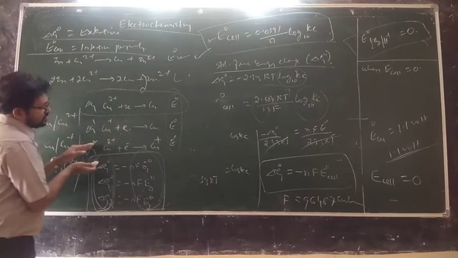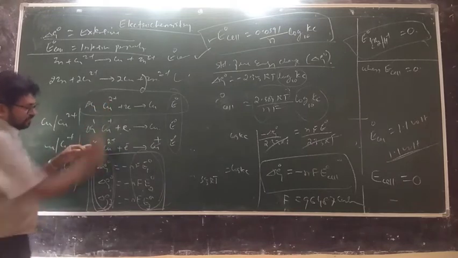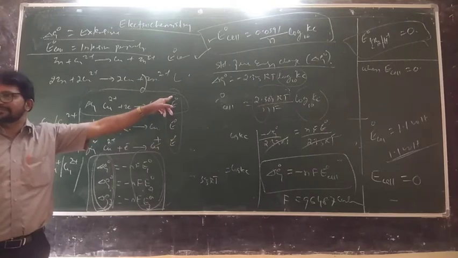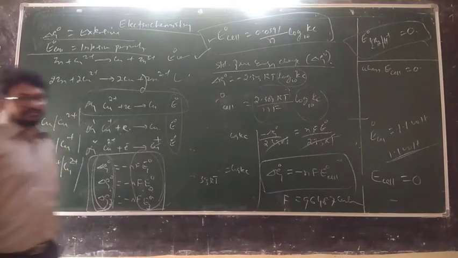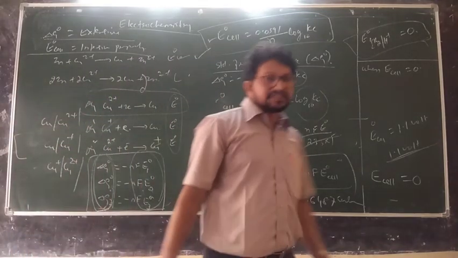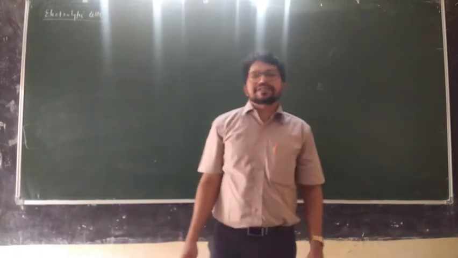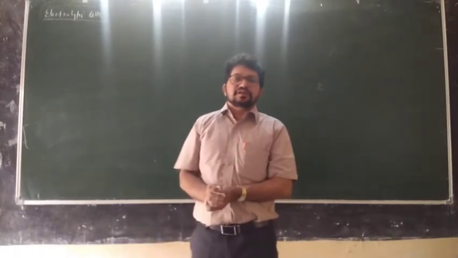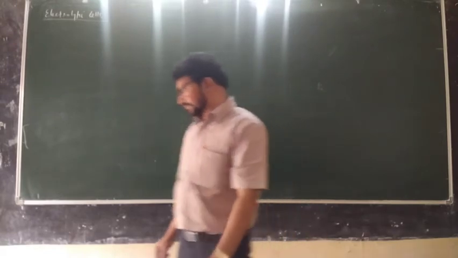So these two steps, if you add, what are you going to get? You are going to get this one, no? But I am telling you, you cannot add these two to become equal to this. So what to do is, you can add delta G naught. This is all about the galvanic cell. Now let us discuss something about electrolytic cells, where you are learning conductivity aspects.